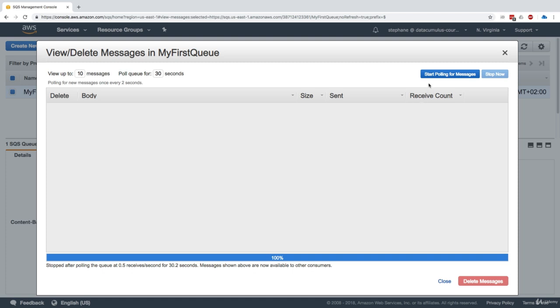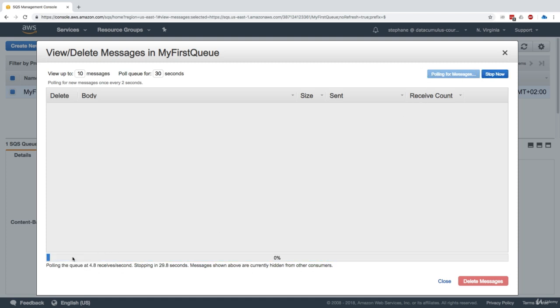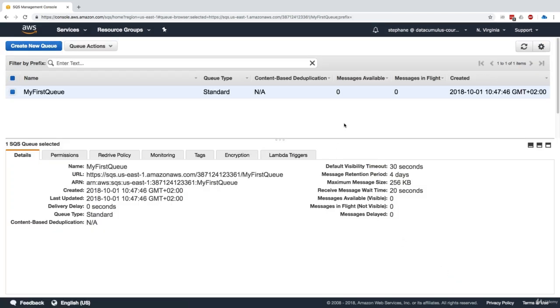Now, something you should know is that if you click on start polling for messages, you see at the bottom this blue bar, waiting. Well, it's basically doing long polling. So we're polling the queue, but not every 30 milliseconds. We're polling it from time to time, and this basically allows us to keep our cost under control. So let's stop this, and I'm going to close this window. And now we can see that from the one message we had available, we now have 0 messages available and 0 messages in flight because we processed it. And so yeah, that was just the basics of SQS.